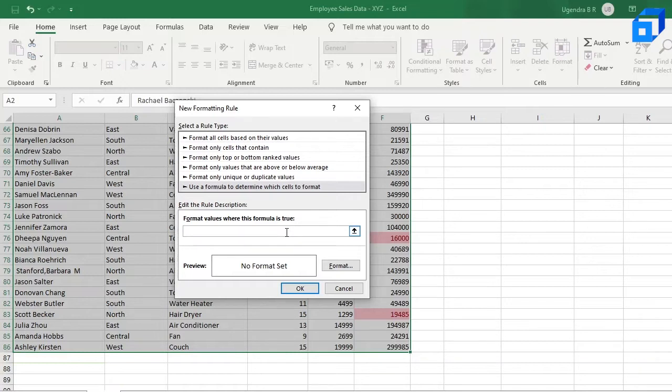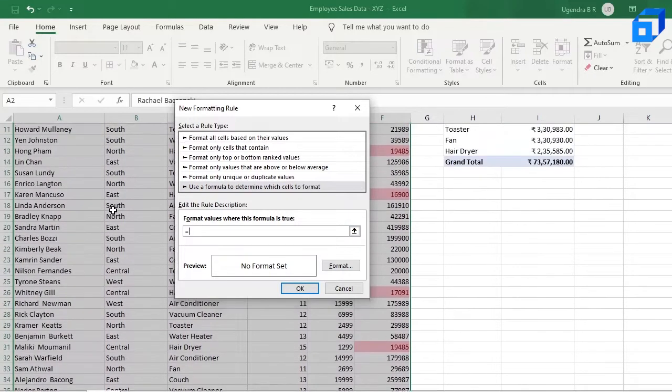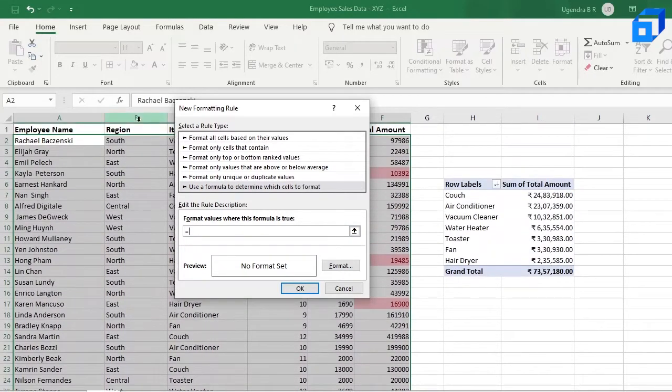So let us give the equal to sign, and since we need the region column, let us take B2, and the B2 value should be east, since we're looking for employees from the east region. So that's B2 equal to east.